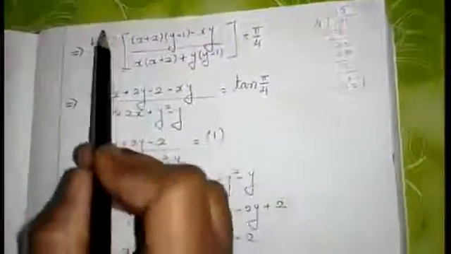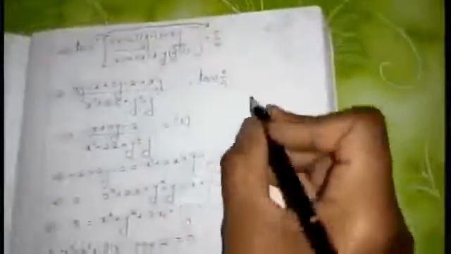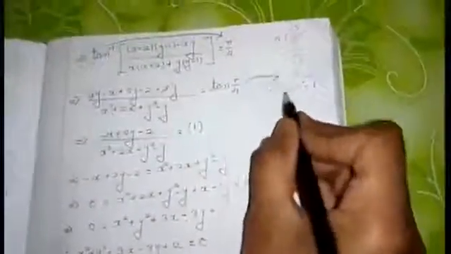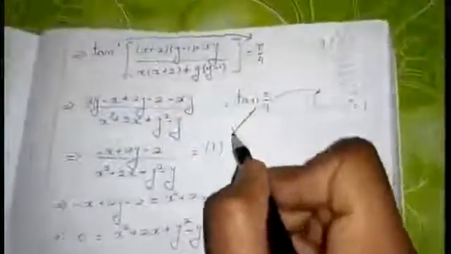This tan inverse, if I bring it to the right hand side, I can write it as tan pi by 4. Tan pi by 4 is nothing but tan 45 degrees, which is equal to 1. So in place of tan pi by 4, I am replacing the value 1. Simplify the terms, and the value which is required, which is given in your question, is x square plus y square plus. Exercise 2.8, fourth sum.